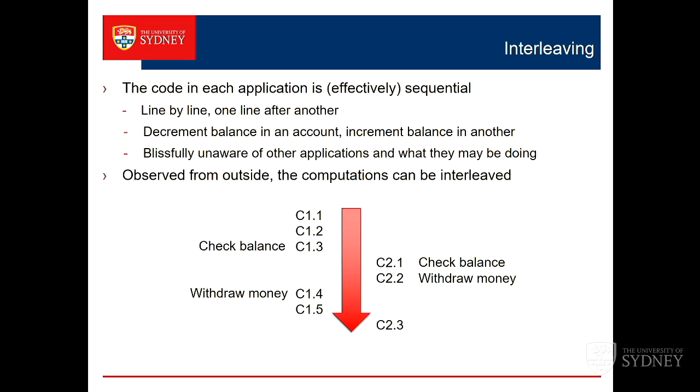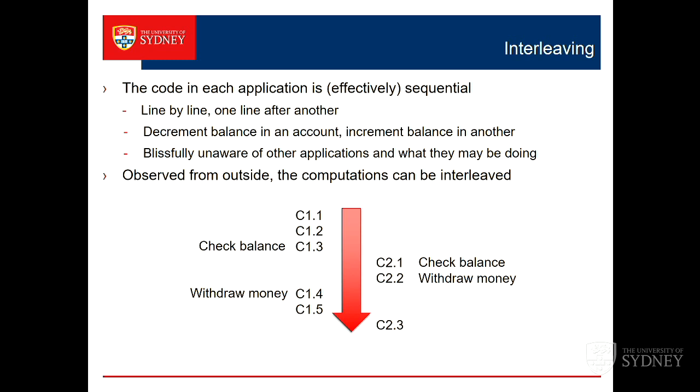So C1 comes along, does a few things, and at stage C13, it checks the balance in the account and says, I'm going to want to take $100 out of that account. Oh, there's $100 in there. Cool, okay, I can go ahead. But in between it saying I can go ahead, it gets put on a queue. It loses the processor. The processor is being time shared and it gets thrown off because some other process wants to run or something happens. It stops running for a fraction of a second.